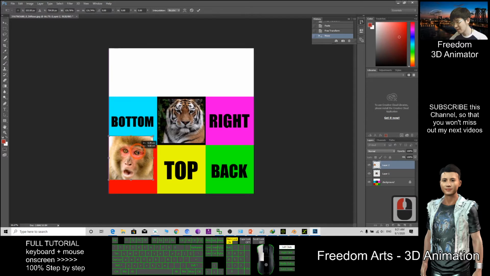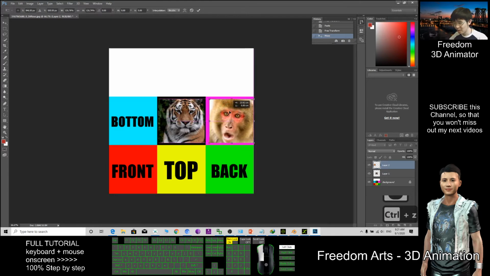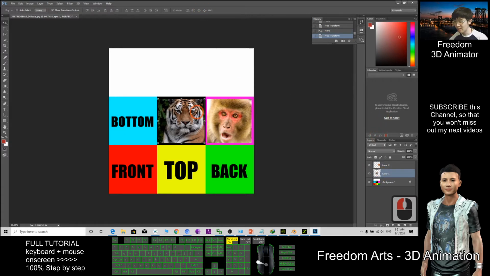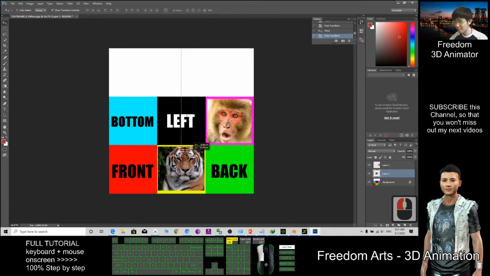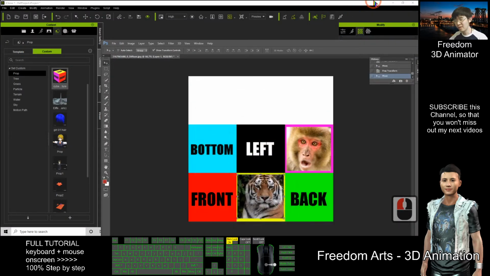So now you can see this is the bottom. How about this? This is the right, to occupy the right, as an example. The tiger. Okay, the tiger I want to put at the top. Here is the right. See. Okay, now